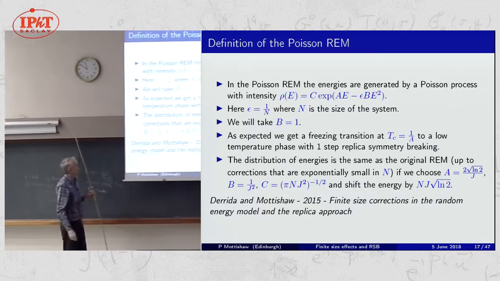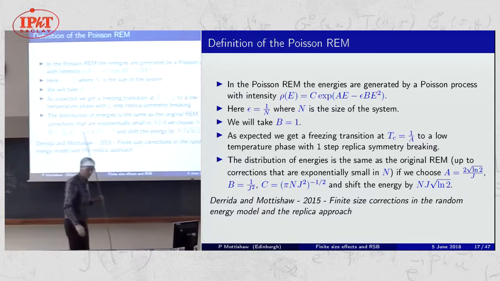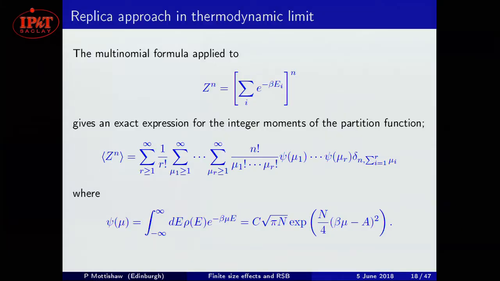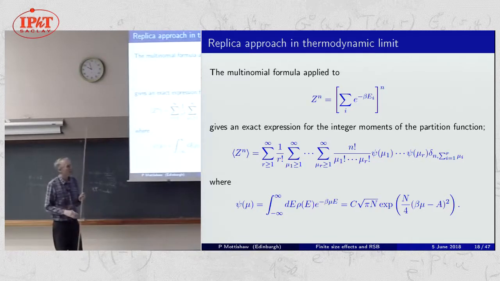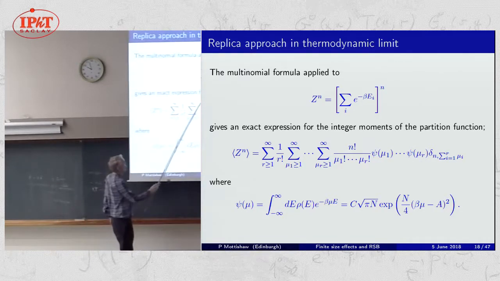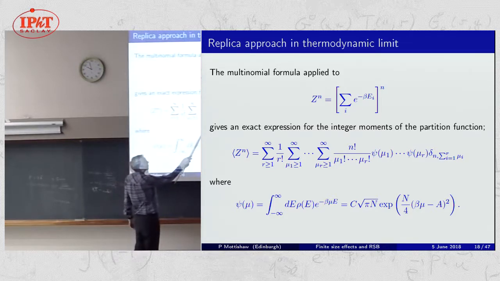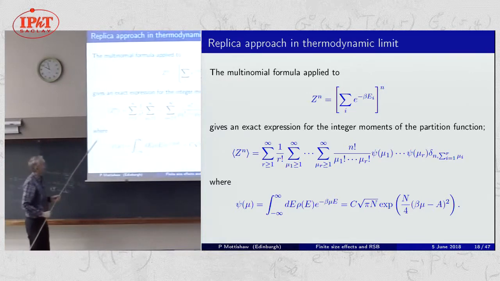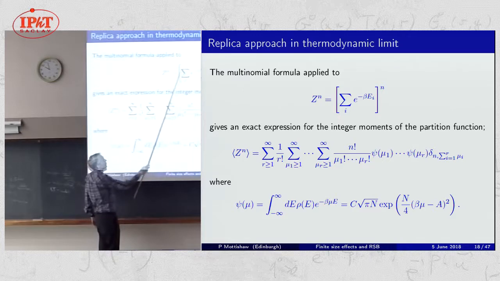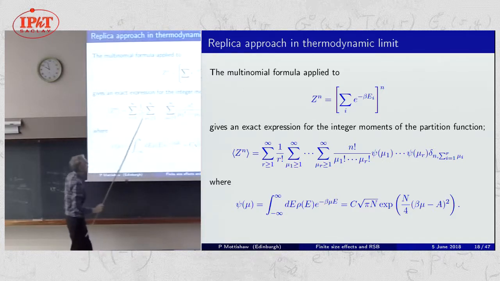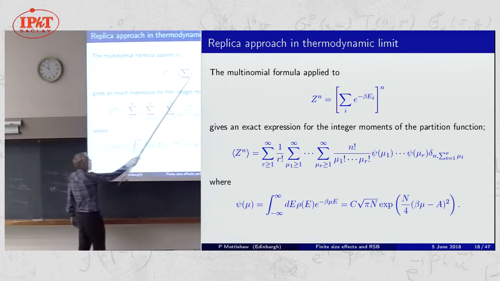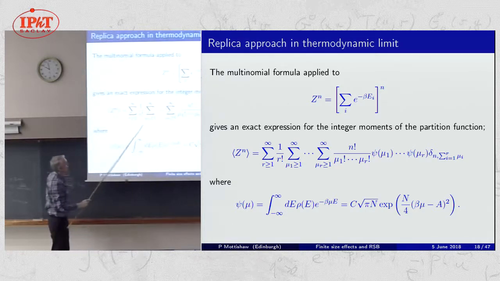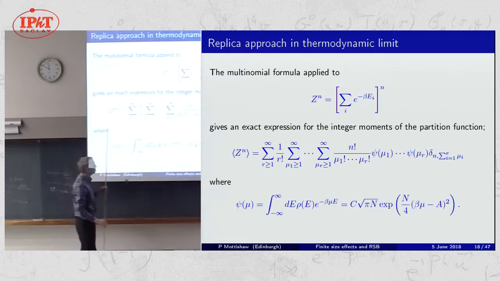So for this model, there are methods to compute exactly the finite size correction. But it's also quite interesting to look at how you approach it using replicas. So obviously the replica method, you have Z to the n, you're basically taking n copies of what in this case is a very simple system. And if you just apply the multinomial formula to this, and then you take the averages on these independent energies here, you get something that looks like this, which at first sight is somewhat complicated, but really all it's saying